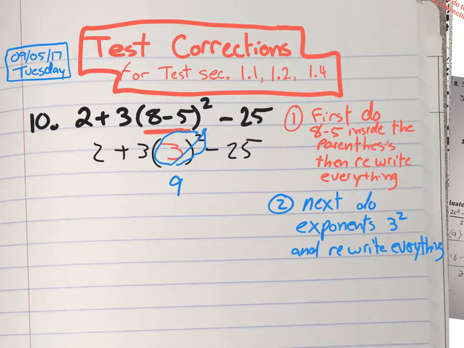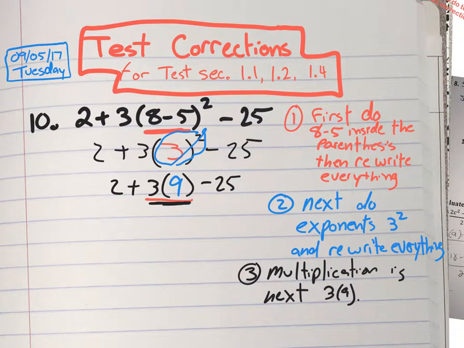So let me rewrite everything. There's a 3 in front. You could keep it in parentheses. The plus, the 2, the minus, the 25. Now after that, we're faced with addition, multiplication, and subtraction. So what are we going to do next? Multiplication. So I would underline that, and I would write that down as my next step, the 3 times 9. So multiplication is next, 3 times 9, and of course we get 27,